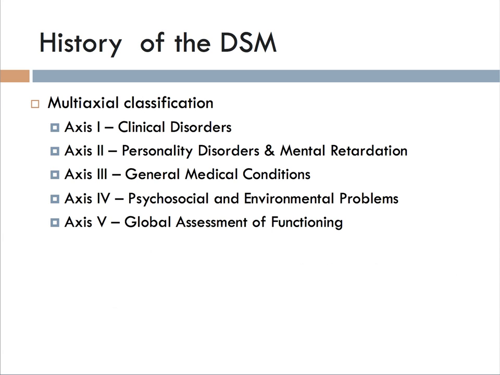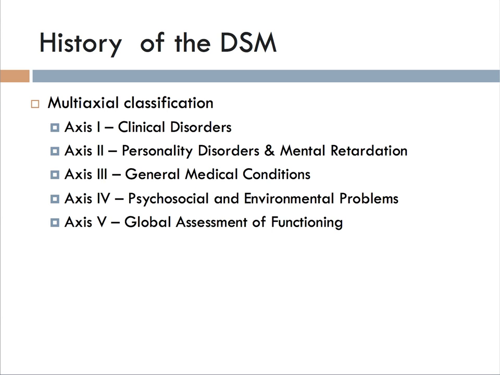Now, the initial version of the multi-axial diagnostic format, which was introduced in the DSM-3, was actually overhauled in the DSM-3R, which was published in 1987. But what we ended up with was a method of diagnoses that was sustained all the way until 2014. And this system of diagnosing was designed to acknowledge a few different things. First, that mental disorders are complex and must be considered alongside physical or other mental conditions, and also that psychosocial and environmental issues can also affect functioning.